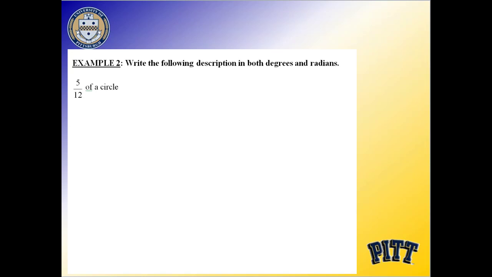Write the following description in both degrees and radians. 5/12 of a circle. So, you're going to see many different representations. They'll say, like, the hand movements on the clock and things like that. And be very careful with that because you always have to remember that, for instance, the hour hand of